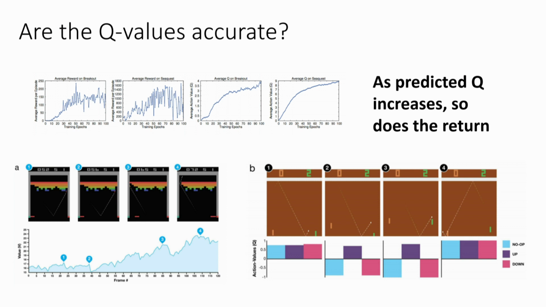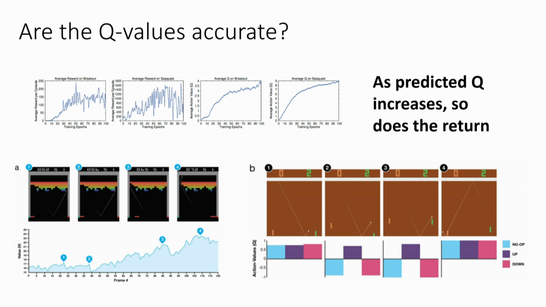And you can see that over here, the ball is a little ways away. So the Q values for all the actions are about equally good because it thinks, even if I don't move towards the ball now, I'll still have time to catch it later. So it doesn't matter what I do. Over here, the ball is closer to crossing the line. So now it says going up has a much larger Q value than the other actions, meaning that if I go up, I might still catch the ball. But if I don't go up, then I'm going to be in trouble.